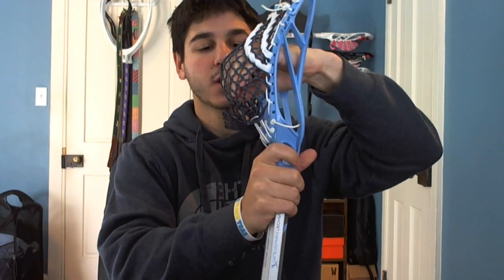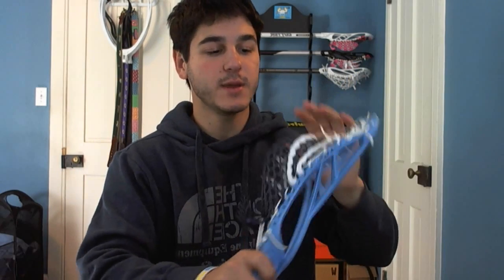But this pocket does allow the ball to sag a little bit more down lower, not quite as low as a low pocket would go, but more like a mid-low. So I'm cradling one-handed, and then when I go to shoot and pass, it'll shift back up. So this mid-high, sort of shifty pocket is great for a player that likes to cradle with two hands and